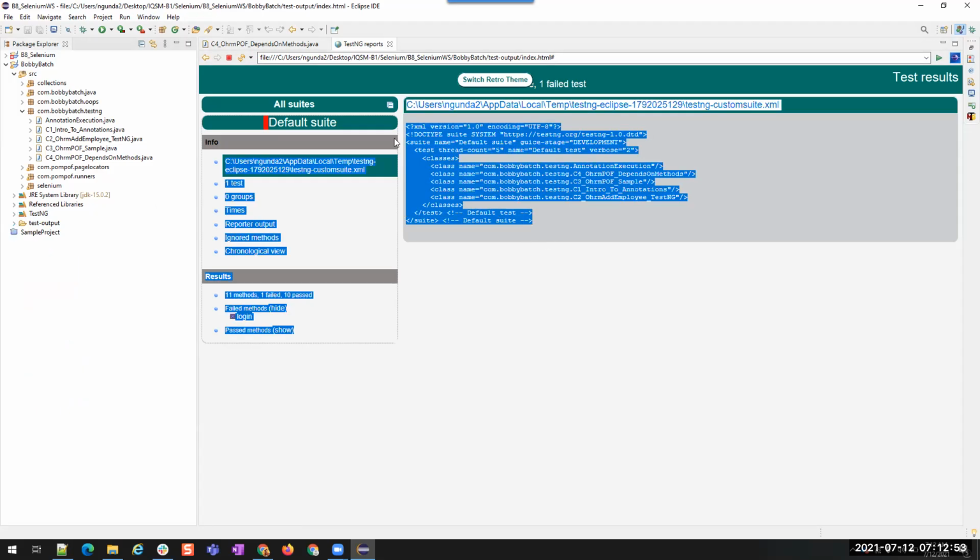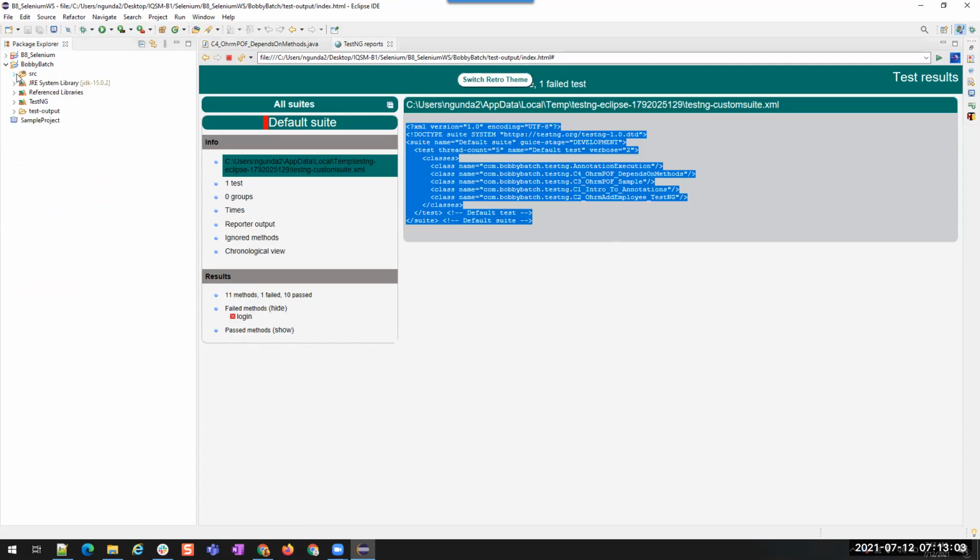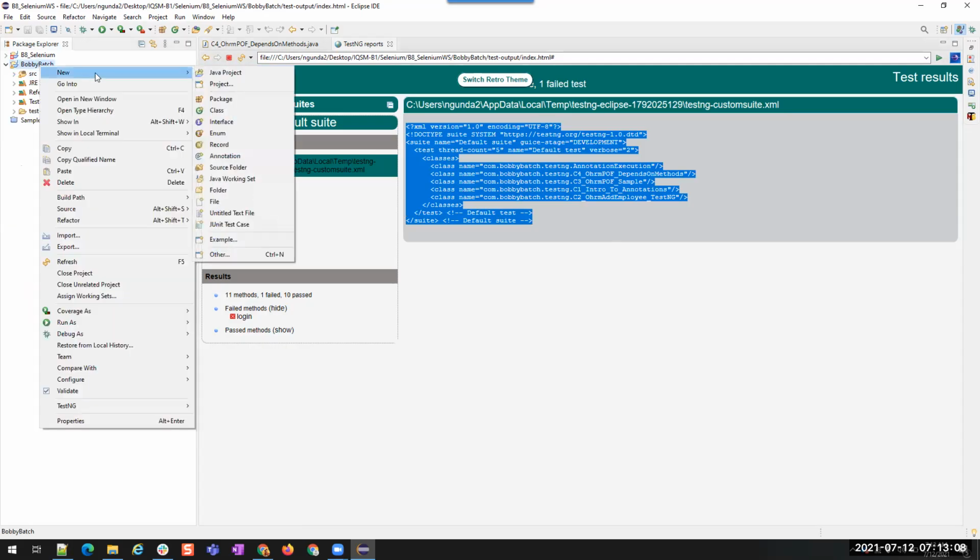So I'll do one thing. I just copy this XML file and then create an XML file inside the project. Right click, new, and make it file.